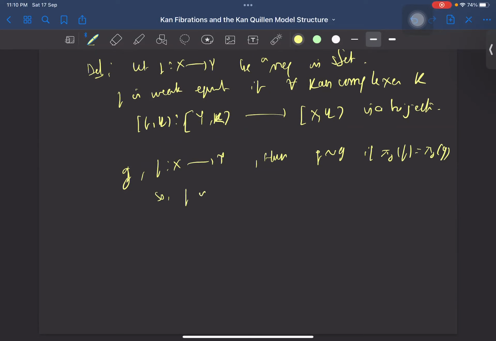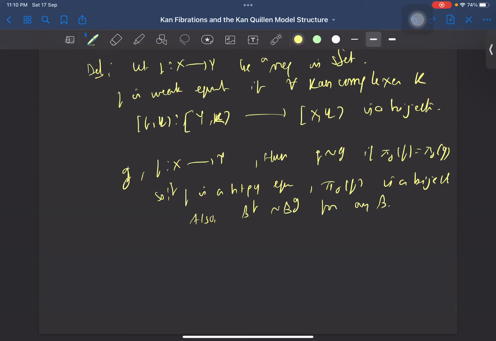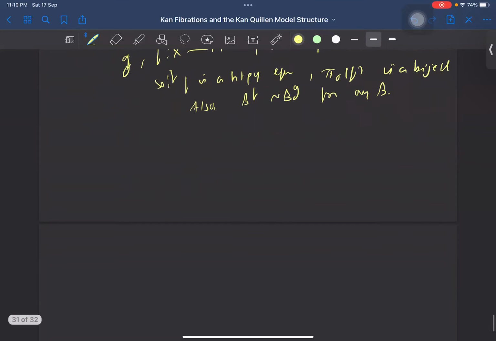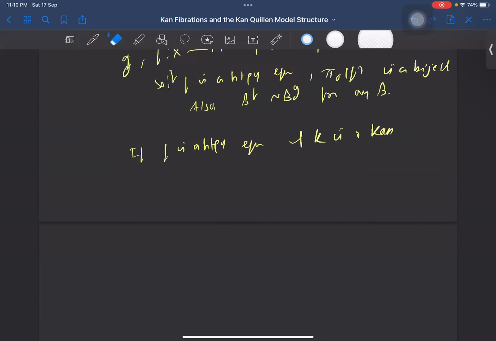So now if F is a homotopy equivalence, then this map is a bijection, right? Also, for any B. So from this, it follows that if F is a homotopy equivalence, and K is Kan, let me just say is Kan,